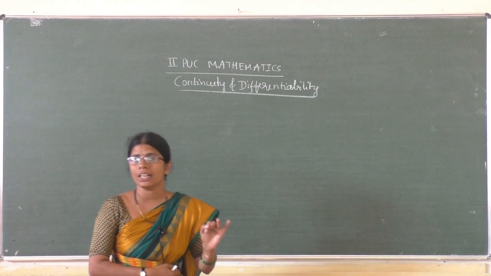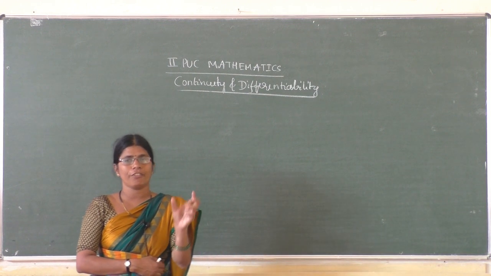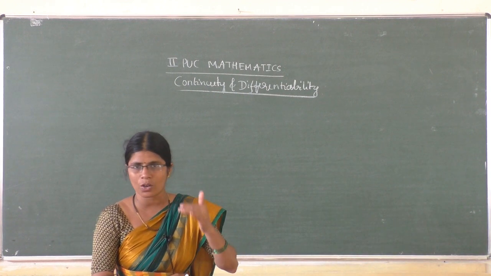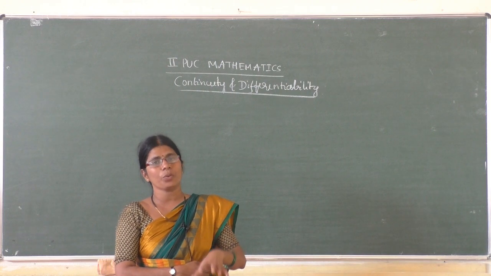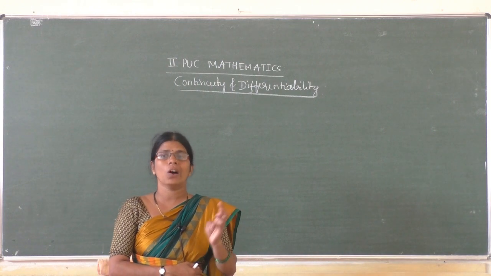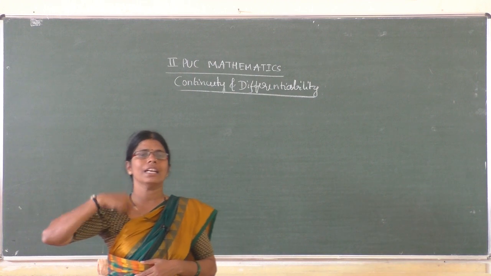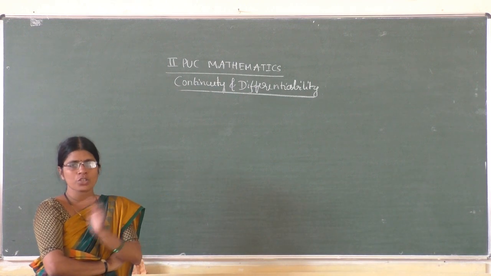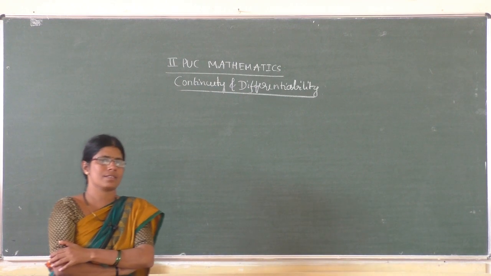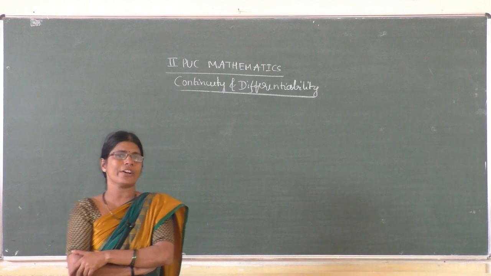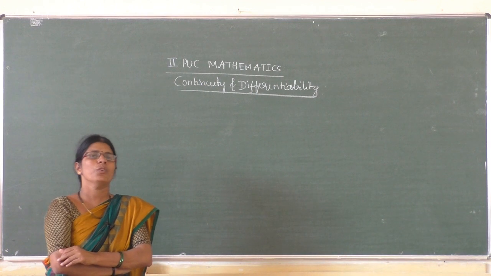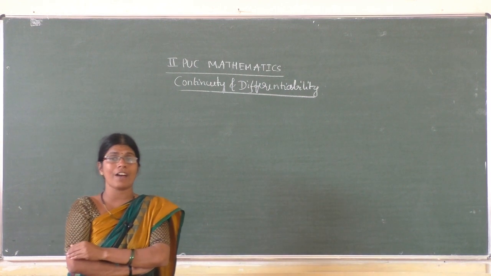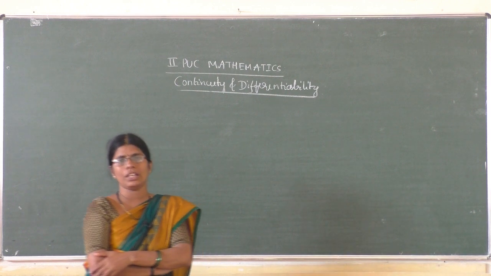And then we got the derivative of the exponential function where the base is a constant and the index is a function. And also we have the derivative of the logarithmic function, and also we got the derivative of the exponential function where the base is a function of x and the index is also a function of x. In that case we took the logarithm first and then we differentiated. That means we use logarithmic differentiation to find the derivatives of some particular functions.